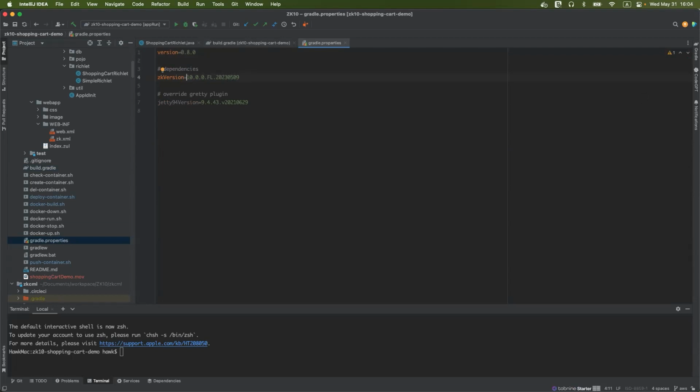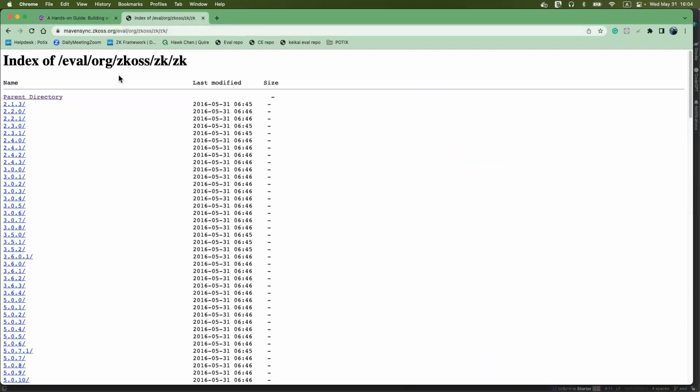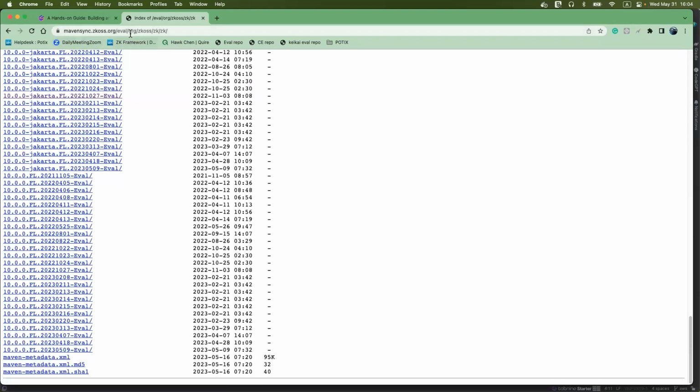10.202.2023 and 0509. Yeah, I think no one will remember this number, so you first can check our evaluation repository here, and check the latest one here. So maybe we'll publish a newer version in the future. So just remember to check our